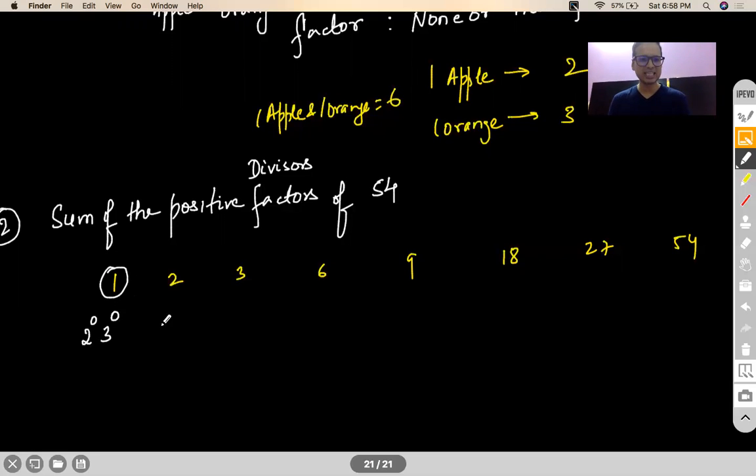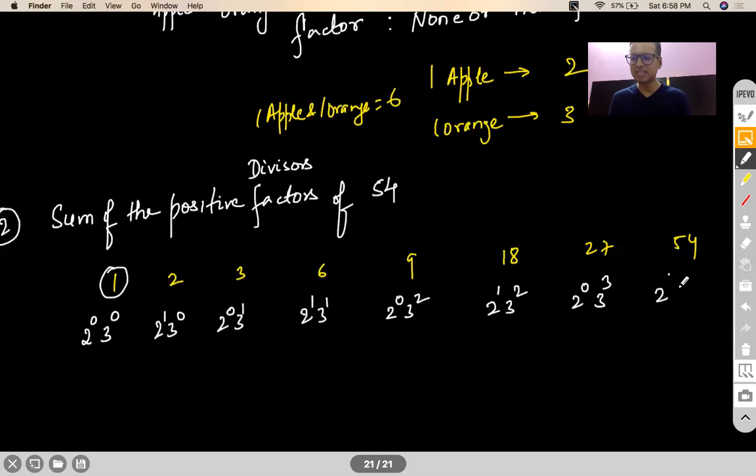This is like you pick one apple, no orange. This is like you pick no apple, one orange. This is like you pick one apple, one orange. This is like you pick no apple, 2 oranges. This is like you pick one apple and 2 oranges. This is like you pick no apple, 3 oranges. And this is like you pick everything. Correct? Now, when you are adding it,